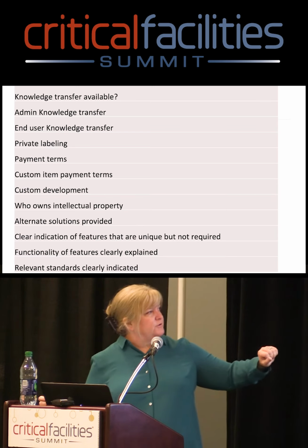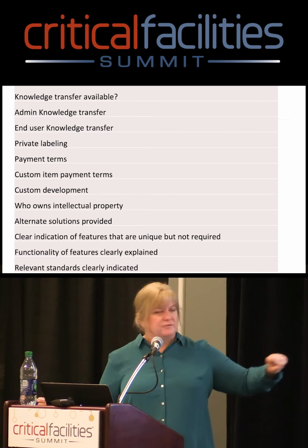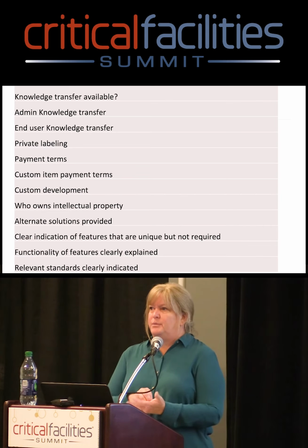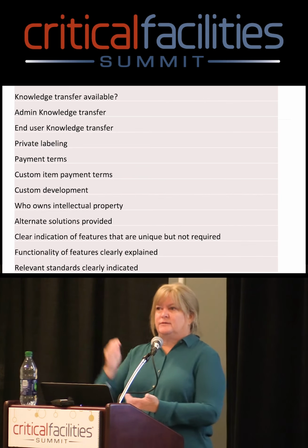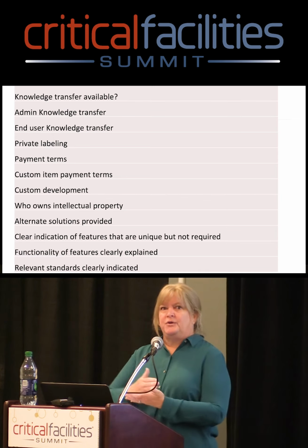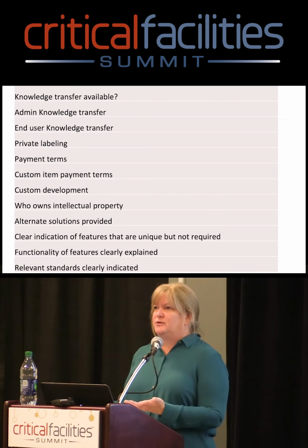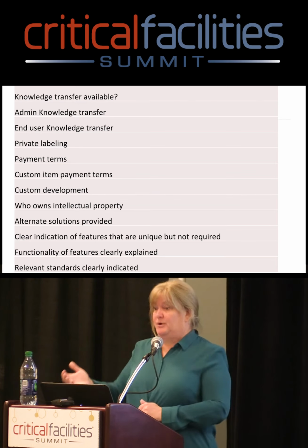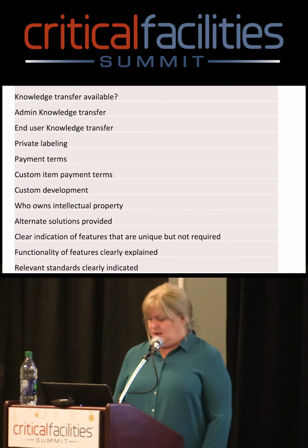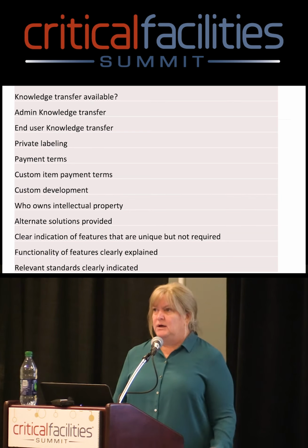Are there alternate solutions? Clear indication of features that are unique but not required. So you should ask on every one of your RFPs, which of these specifications that you're listing are not part of the standard. And then you can weed out some of that fluff like the 260 mile an hour speedometer, right? That doesn't matter. And then functionality of each one and the relevant standards. And then past the